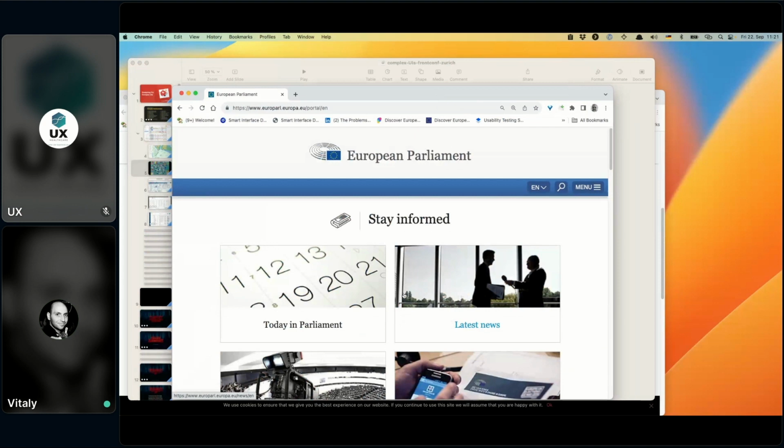Now, obviously, European Parliament's content needs to live in 24 official languages. Everything that's being published has to be published in 24 languages. You have a lot of data that's been accumulated over the years. You think about multimedia, photo, audio, video. These are billions of data stored all over. Search is complicated. There are plenty of search engines, tons of CMSs, and all of that combined doesn't